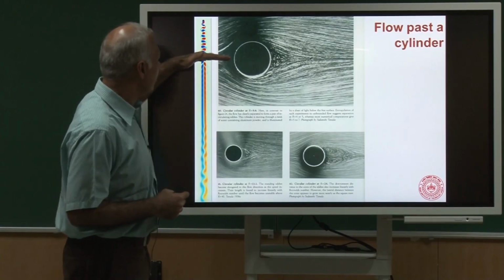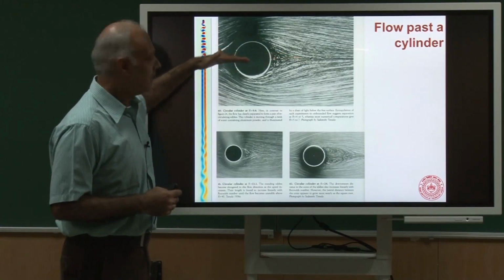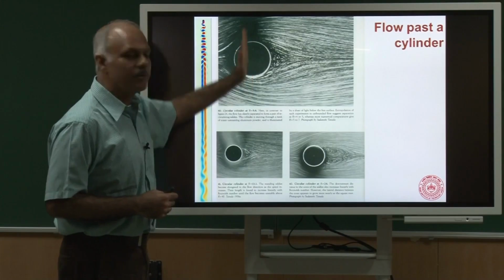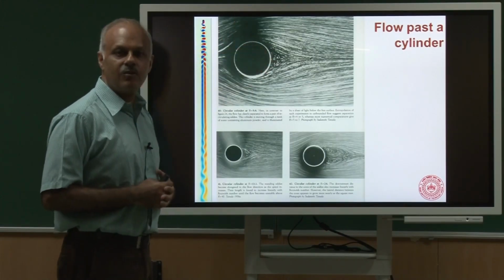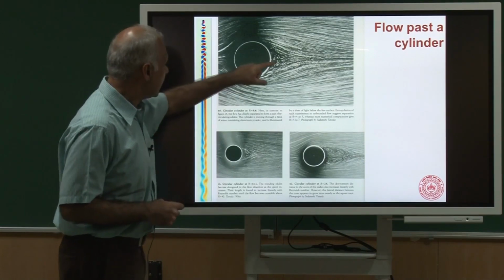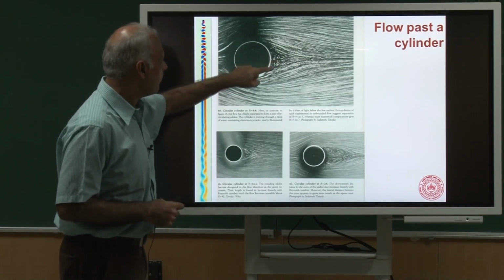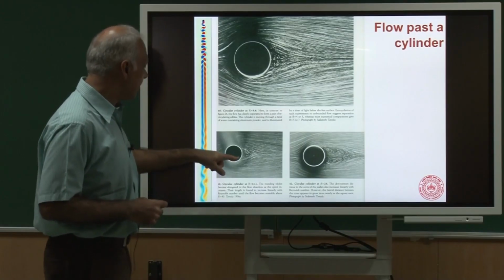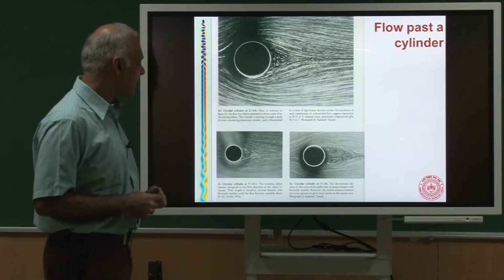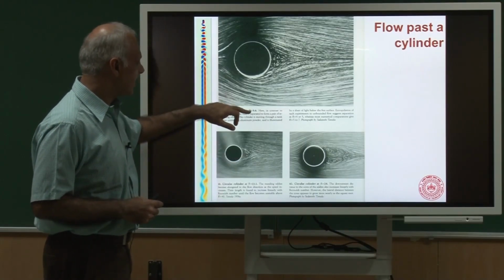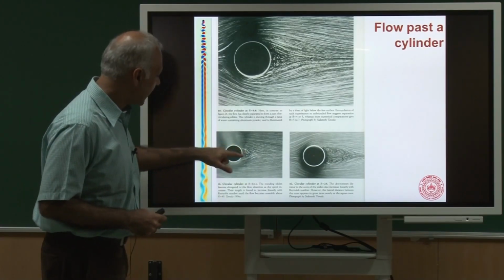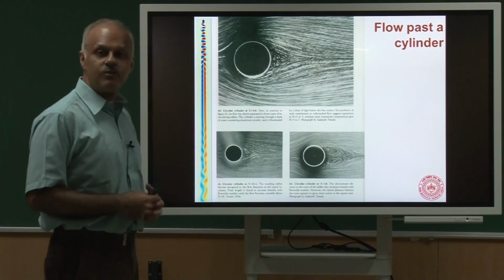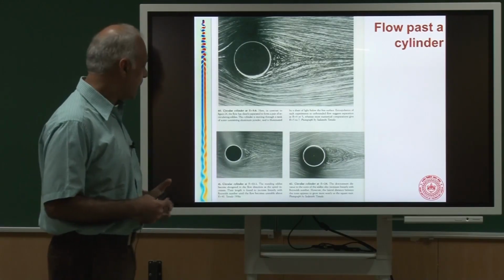So you can see the flow is symmetric about the x-axis. In some sense it is also symmetric about the y-axis. So it is enough to look at the flow only in one quadrant. You can see a trace of a flow bubble being formed here, which is actually more clear if I increase the Reynolds number. So here the Reynolds number is about 10, and here it is about 13, and you can in fact see there are some vortices, standing vortices as we call them, they appear.